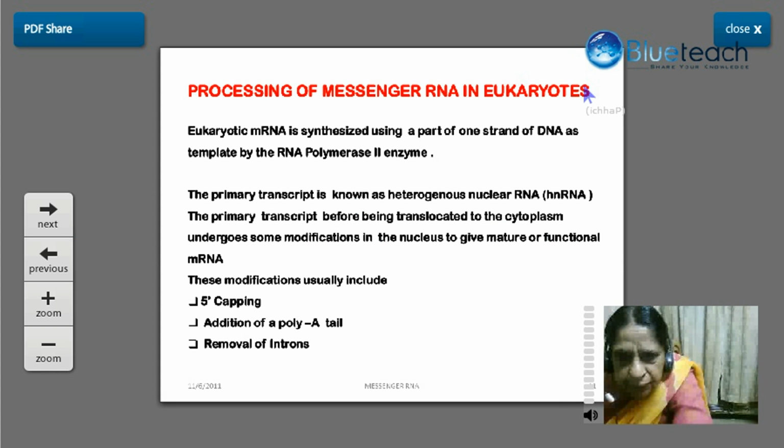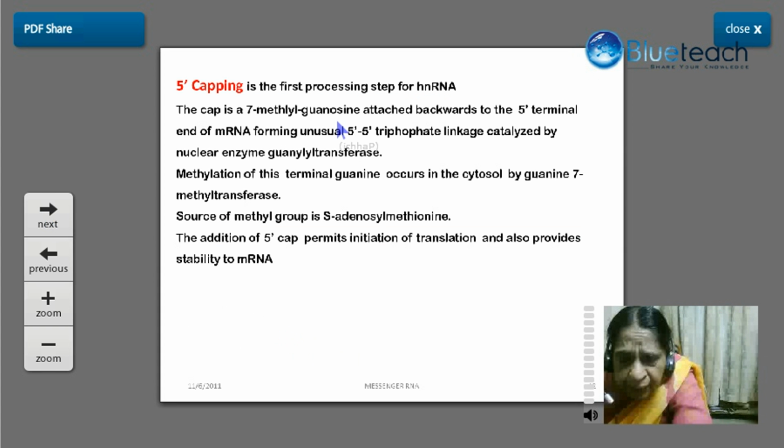Now in eukaryotes, processing of messenger RNA takes place, and the processing can be of three types: 5' capping, addition of poly A tail, removal of introns. The cap is a 7-methyl guanosine attached backward to the 5' terminal end of messenger RNA, forming an unusual 5'-5' triphosphate linkage in place of 3' to 5', catalyzed by